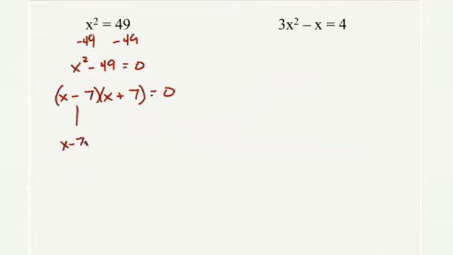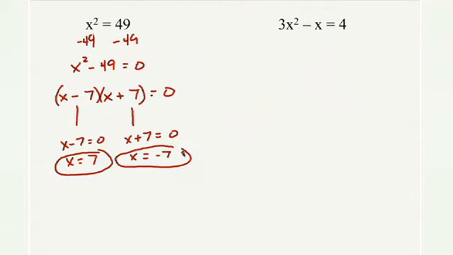So finishing out this problem, set x minus 7 equal to 0, x plus 7 equal to 0, and then solve. Some of you will start doing this part in your heads. Others of you might want to continue to write this out until you're very comfortable with the signs of our final answers. Right, and let me just say something right here.